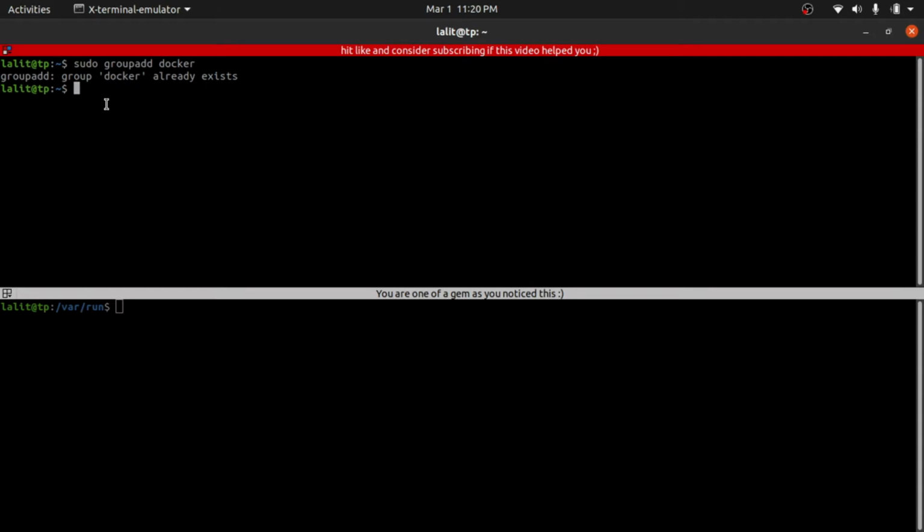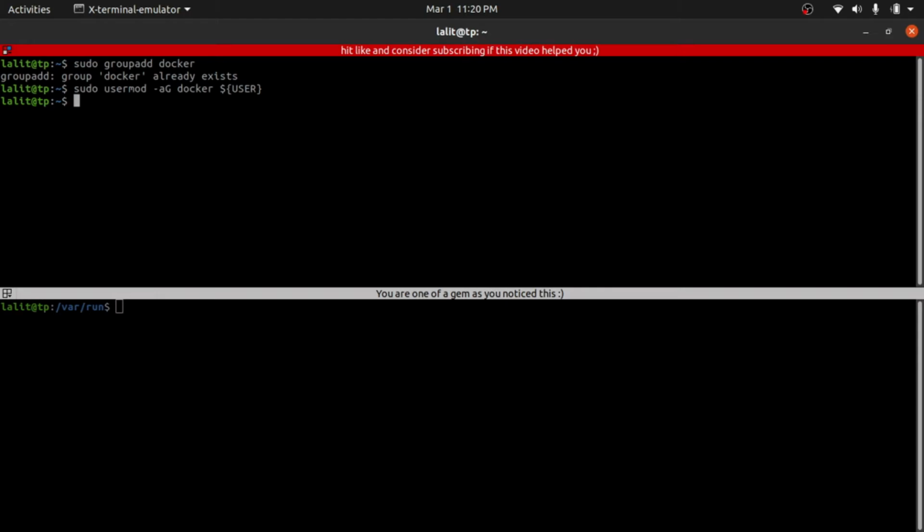Now as we have already created the Docker group, we have to add our current user to the Docker group. We can do that by sudo usermod -aG docker and then writing the user, and now we have to hit enter.